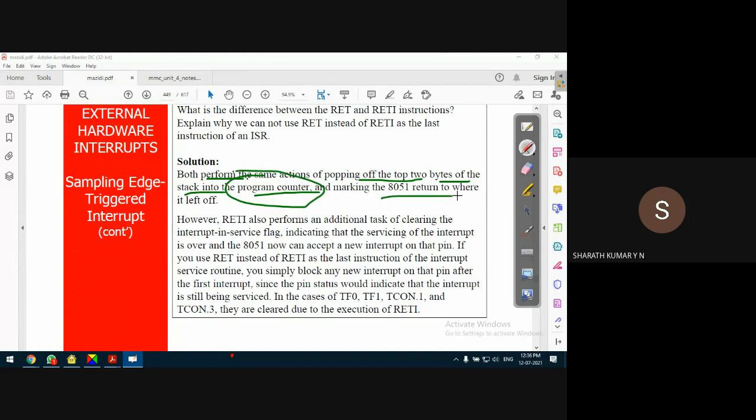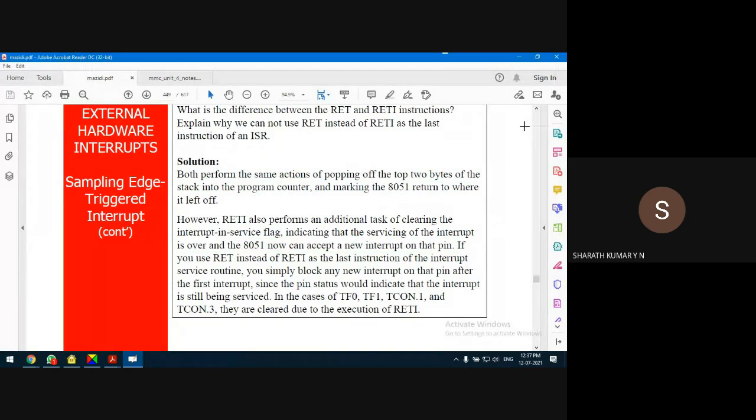From there it will continue the execution. But the RETI instruction has an additional task: it will clear the interrupt in service flag, indicating that the servicing of the interrupt is over and the 8051 can now accept a new interrupt on that pin.